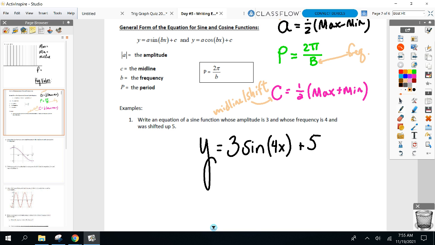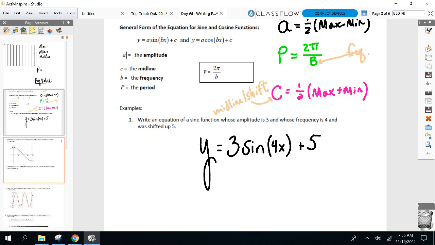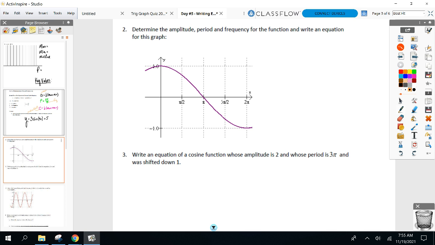Anything from you guys? Please ask. Basic one. All right, they're going to get a little tougher now. Now it's just the graph. Okay, now it's just the graph. Amplitude, period, and frequency. Let's write the equation. Okay, amplitude, period, frequency. Let's start with amplitude, which is